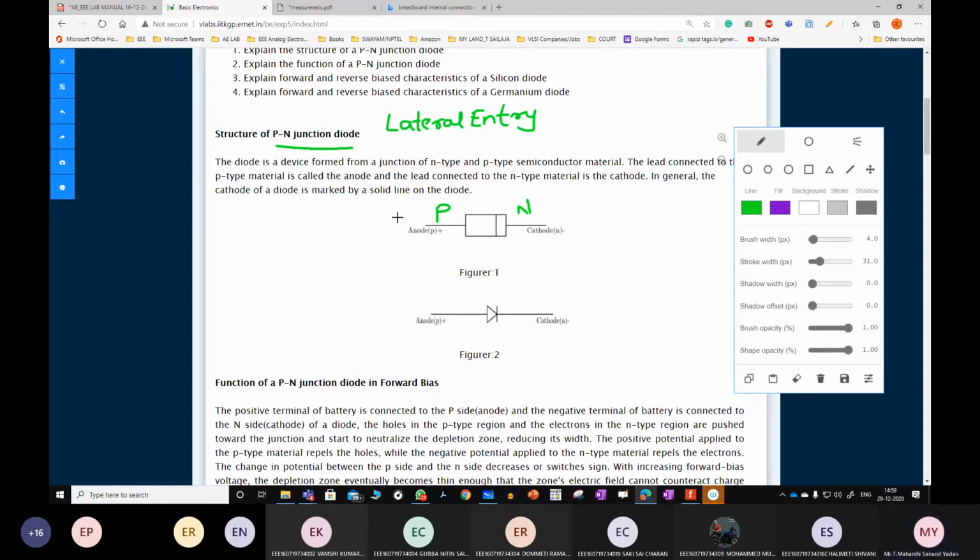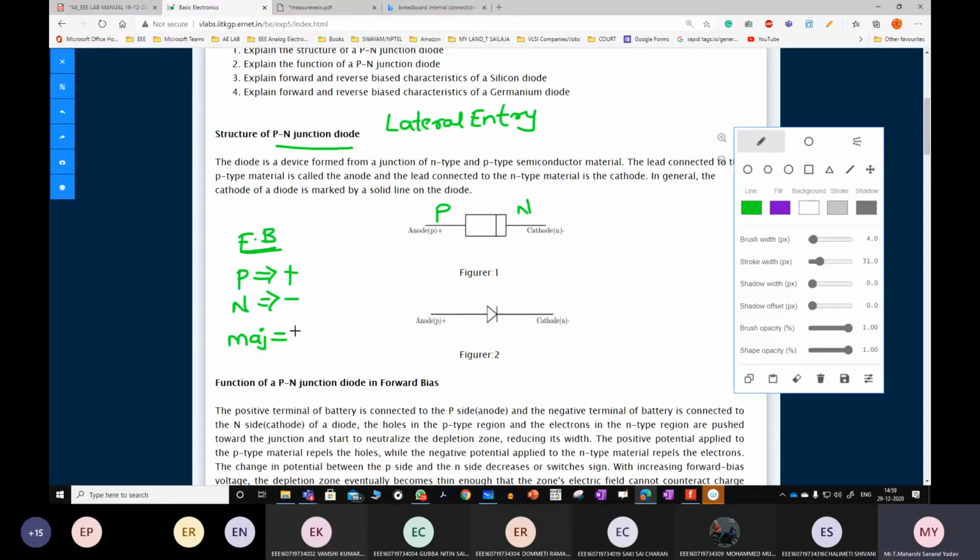In forward bias, P type is connected to positive and N is connected to negative, sir. So current is because of majority or minority in case of forward bias? Majority, sir. What kind of current do we get because of majority charge carriers?